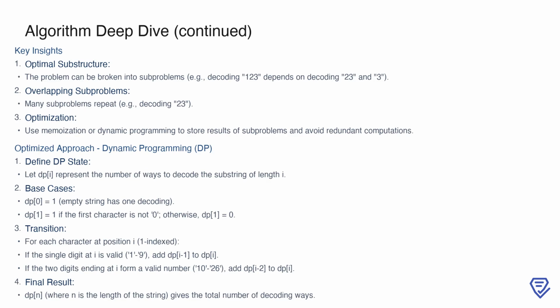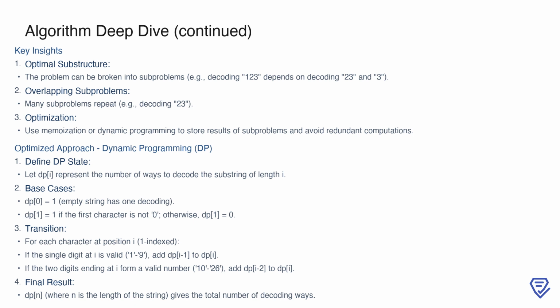To improve upon the brute force approach, we observe two important properties of this problem. First, it has an optimal substructure, meaning that we can break it into smaller subproblems, such as decoding 123, which depends on decoding 23 and 3. Second, it has overlapping subproblems, as the same substrings, like 23, are repeatedly decoded. To address this, we can use dynamic programming with memoization to store the results of these subproblems and avoid redundant